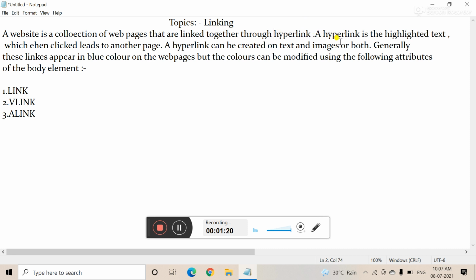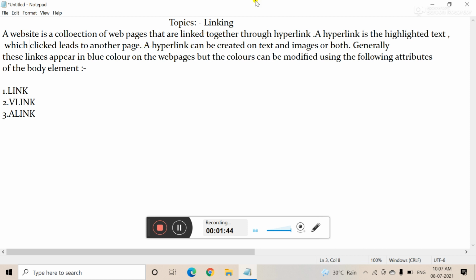A hyperlink is the highlighted text that, when clicked, leads to another page.